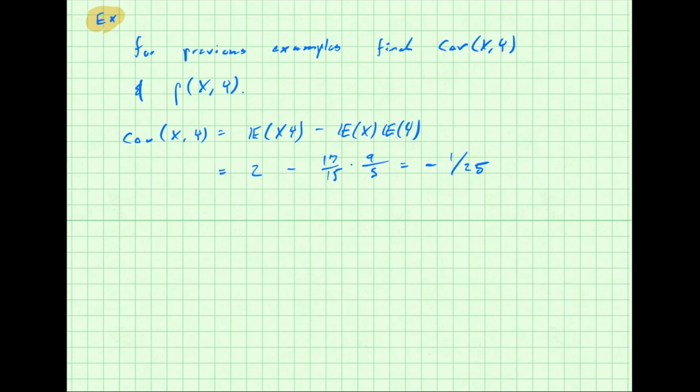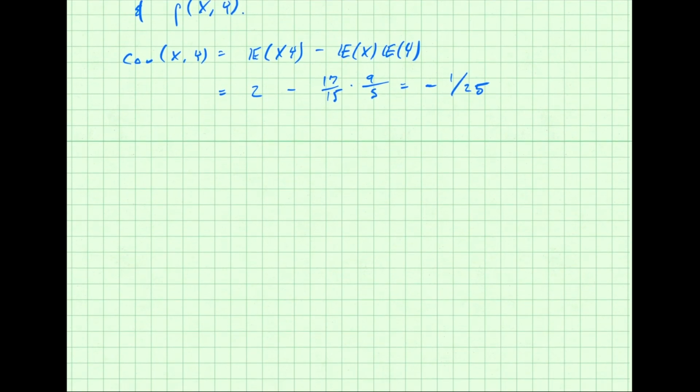But that doesn't tell us very much, because if we just change the units of x and y, we can change, I think you can't change the minus sign, but you can change the 1/25. So you could make it 1,000,000. And what does that tell you? So we're going to look at the correlation. So the correlation,